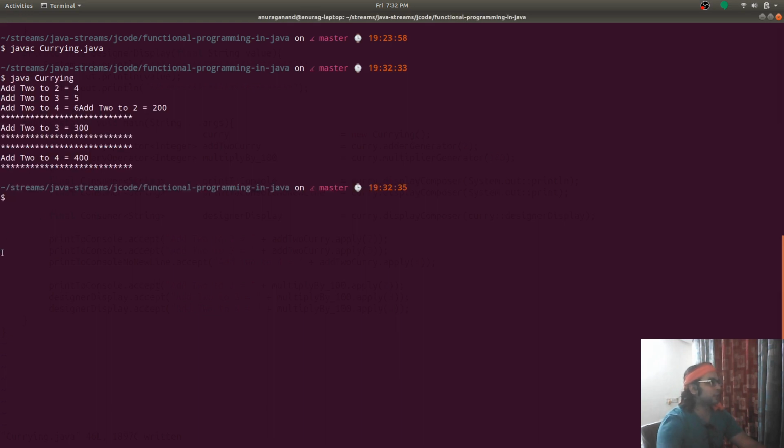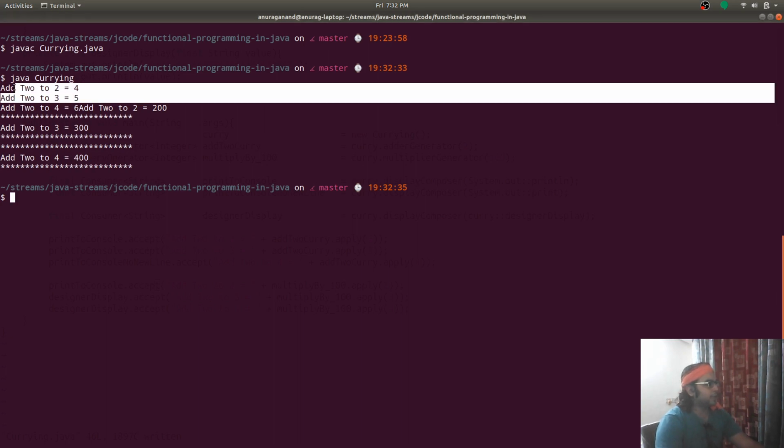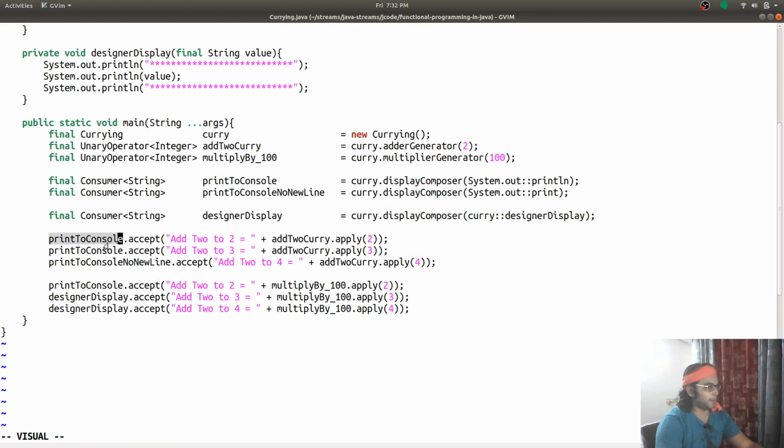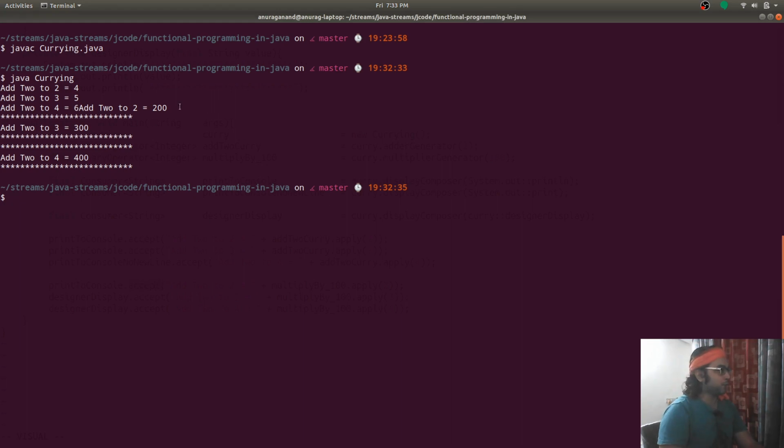Now you can see how it is working. These two lines were using this curried function, which takes a print line function and adds a new line to the printed value. Next takes a print function without new line. Where we are calling print to console no new line, you can see that this line and this line are on the same line: add 2 to 4 and add 2 to 2.